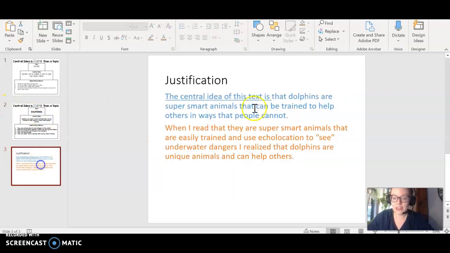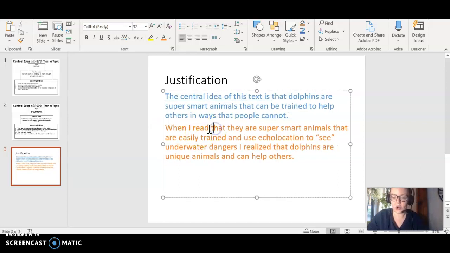It's the same words. That dolphins are super smart animals that can be trained to help others in ways that people cannot. Then you are using another sentence starter that we use sometimes. When I read that they are super smart animals that are easily trained and use echolocation to see underwater dangers, I realized that dolphins are unique animals